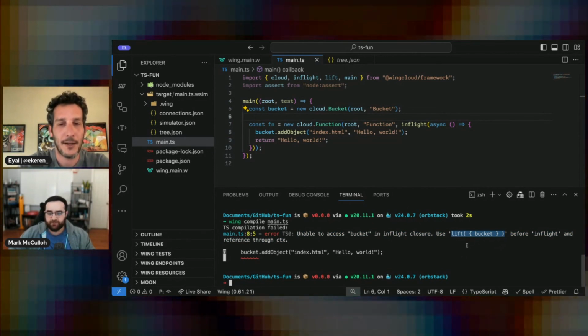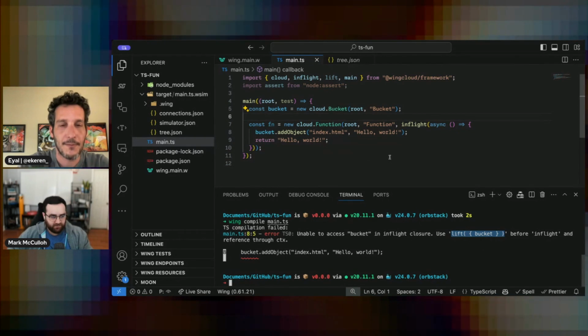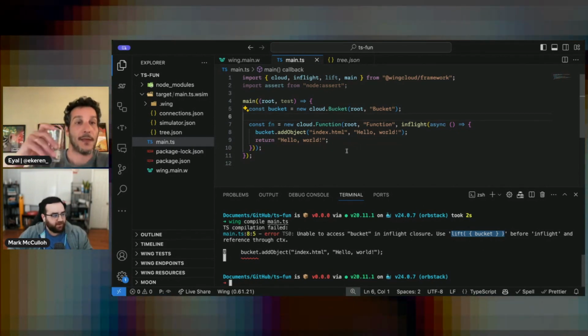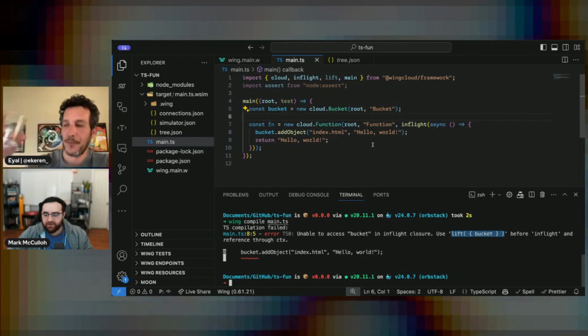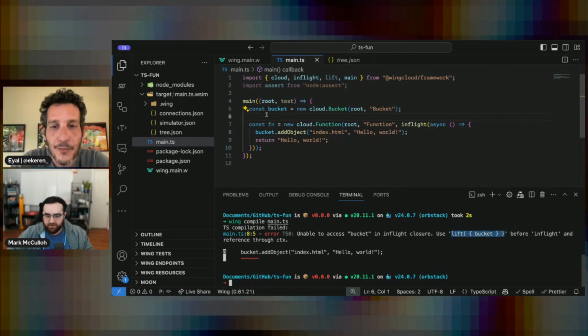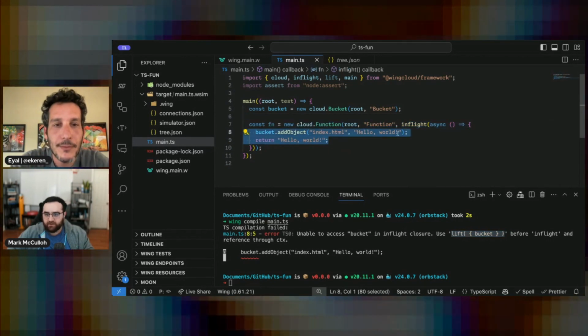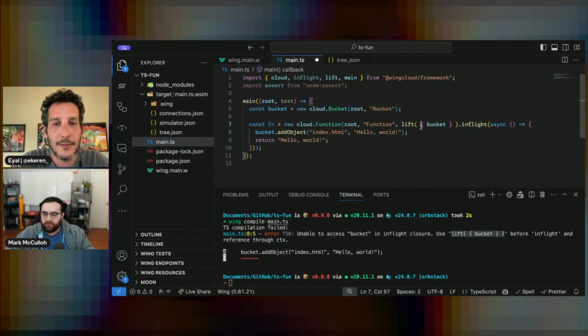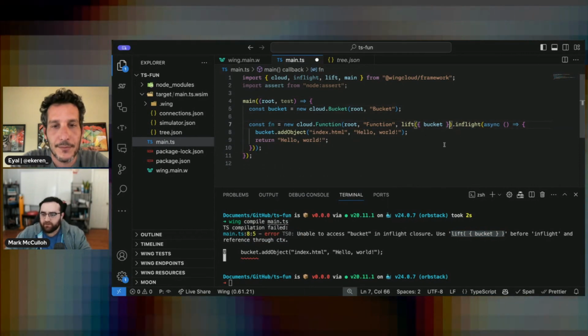Right. So lifting, which is a concept that isn't implicitly done in Wing, although today there was a new feature to do it explicitly. Let's say I want to make sure this bucket is available inside of this in-flight. So let's add this lift bucket. Or get rid of the spaces that are here.